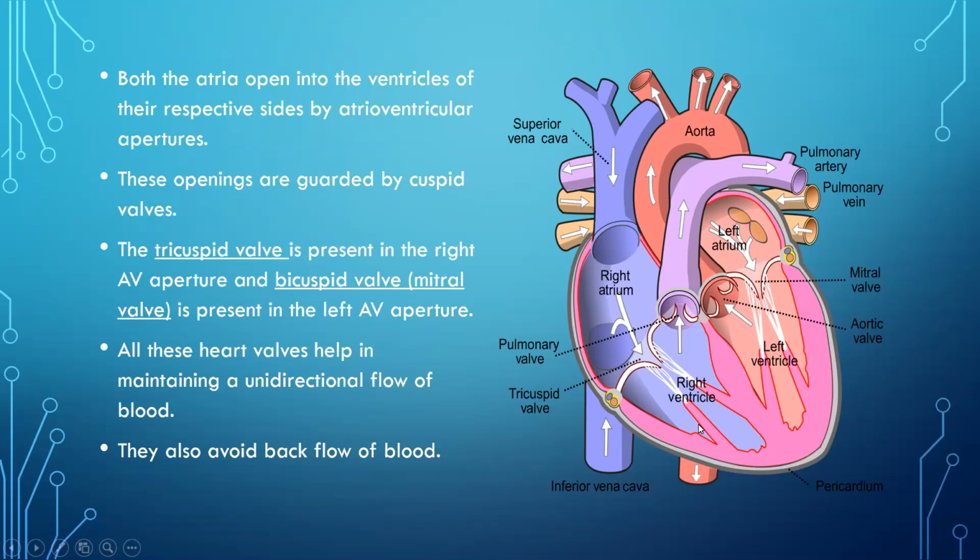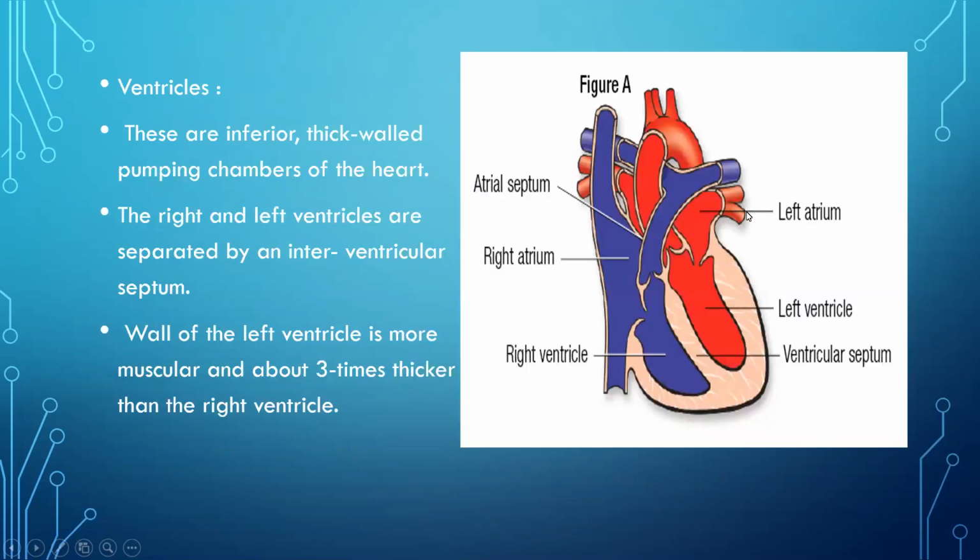हमेशा जो blood होता है वो ventricles से auricles में कभी नहीं जाएगा. It will always come from the right auricle to the right ventricle and the left auricle to the left ventricle. Why? Because they are guarded by the tricuspid valve and the mitral or bicuspid valve. So ये valve का काम क्या है? It will never allow backflow of blood. So this was about auricles.